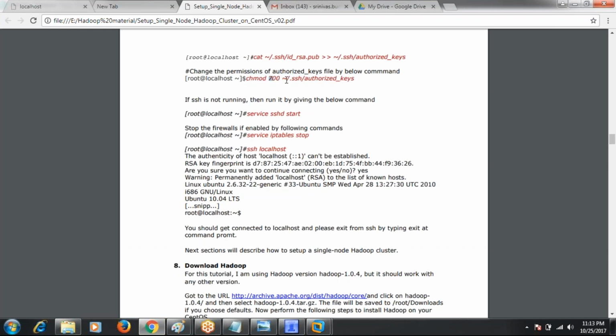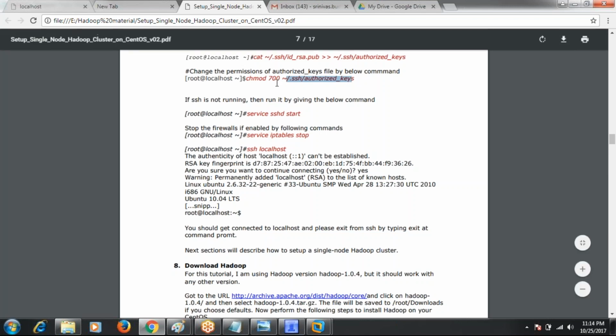So 7 means read, write, and executable. The user has total permissions: read, write, executable. And the second one is group, 0. 0 means no permissions. And others also have no permissions. So only the user has permissions for accessing this directory.